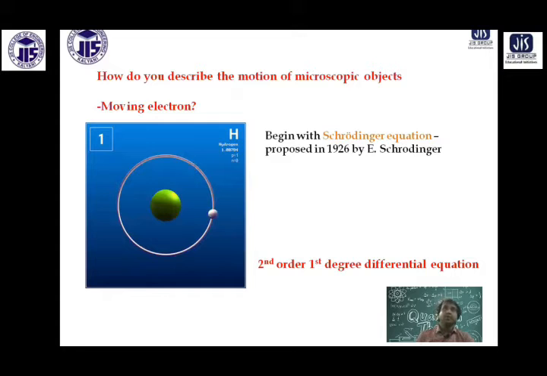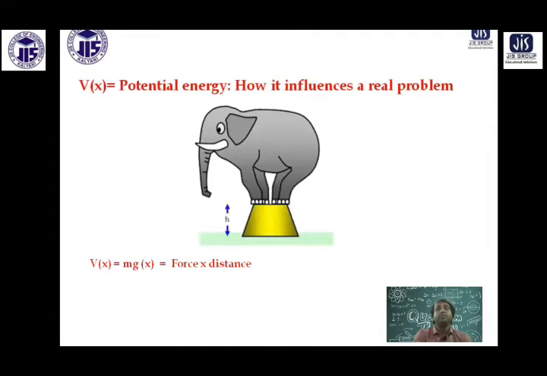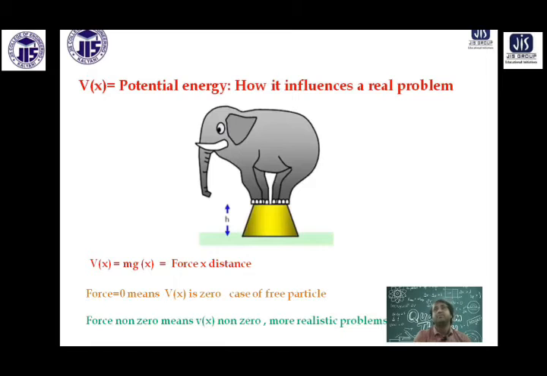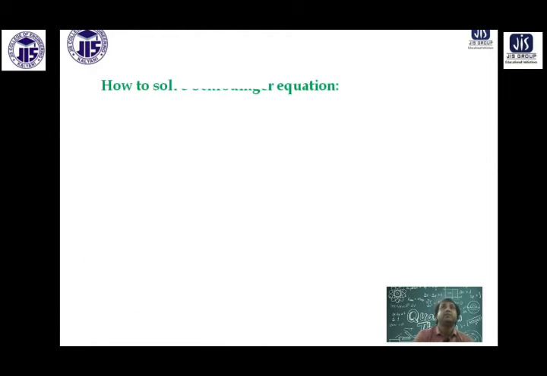The idea is that you still have to write down the equation and solve it, and then you can do many more things. Therefore, knowing psi by solving the Schrodinger equation is very important, because it is the basic equation. You have to use this equation. It's a very simple equation, you have to solve it. And the role of V I just mentioned. You can see more examples are given here.